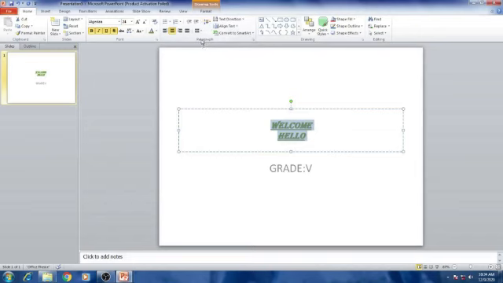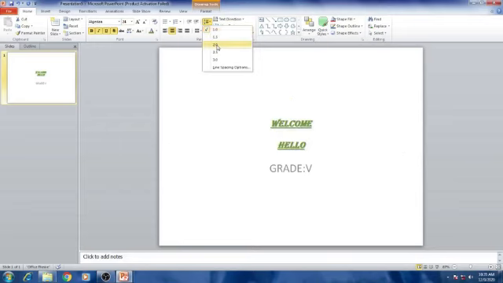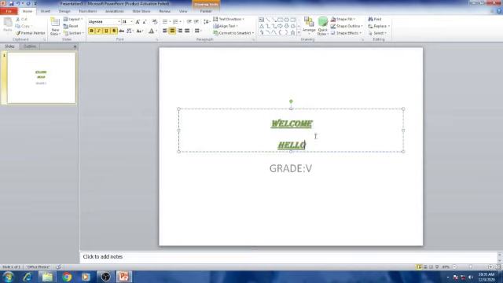If you move the cursor towards each option, you can see the option name. Line spacing option, you can see the drop down arrow. Just click the drop down arrow. Now there is only this much space in between. If you want to increase the space, you can choose any of the options. See the difference. Here we increased the space between the 2 words. If you want to decrease it, in the same way click the option and choose any desired option. Then you can set the line spacing between paragraphs or any 2 lines.